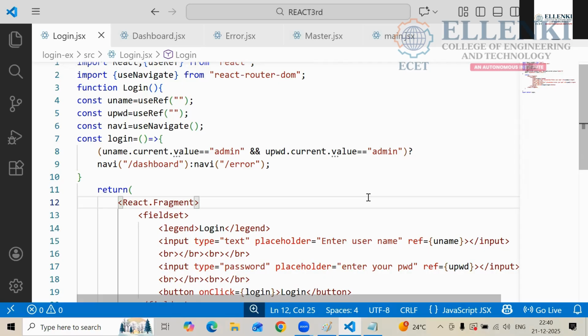How many components you have to create now? 4 components. What are those? First one is the topic, second one, third one, fourth one. Yes, very fast. Boys, don't make noise.